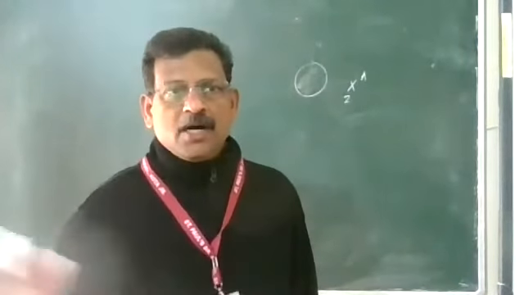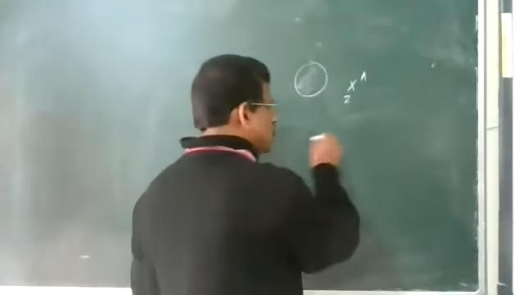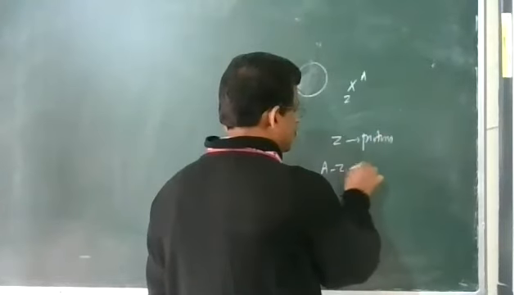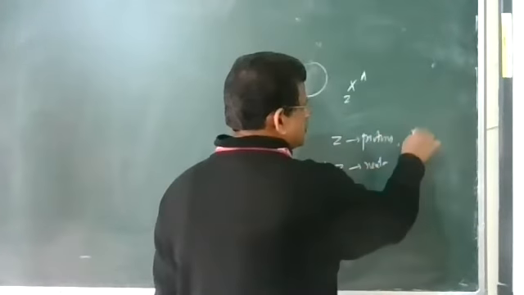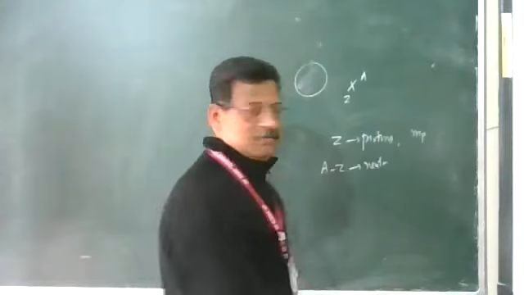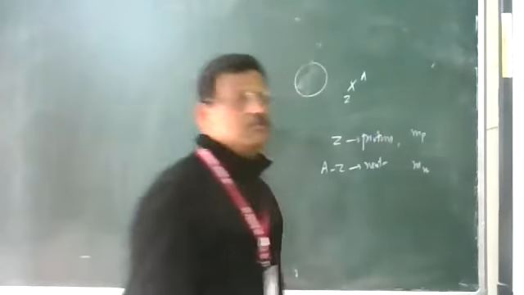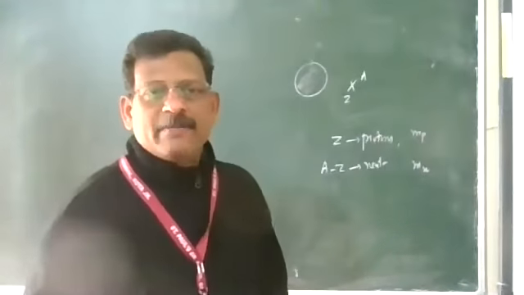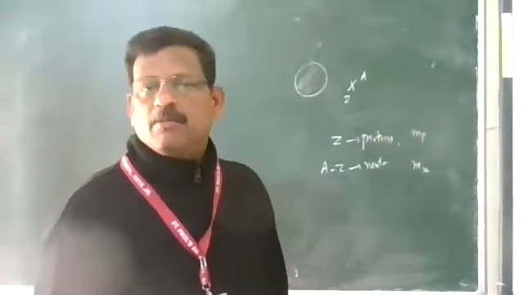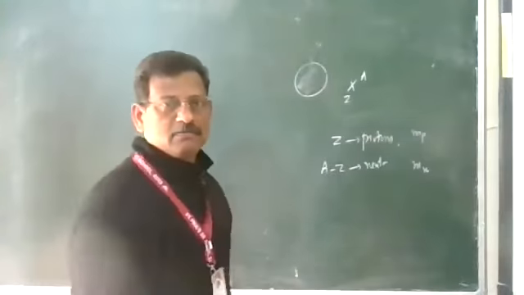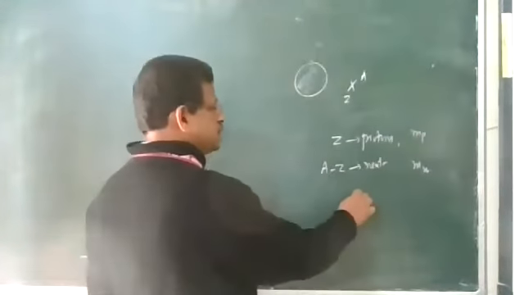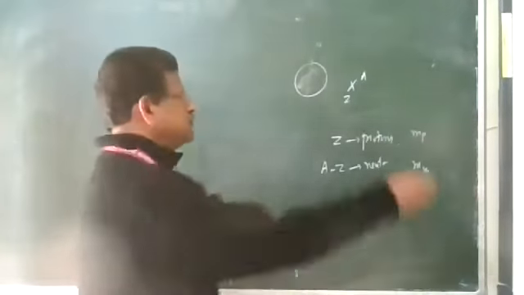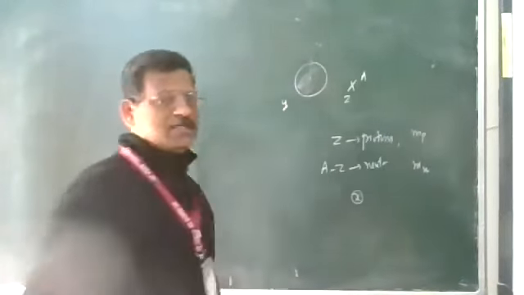So if we calculate the mass separately, suppose there are Z protons and A minus Z neutrons. Suppose M stands for mass of proton and N stands for mass of neutron. Mass of neutron is slightly greater than that of proton. So calculate separately the mass of the total number of protons and neutrons. Let it be any value, say a small example. When they form a nucleus, you measure the mass as y.